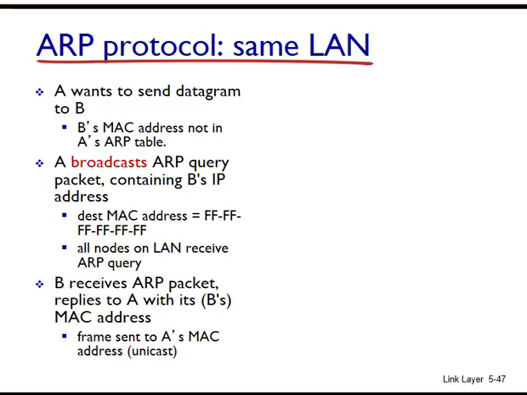In this example, the sending host 222.222.222.220 provided its ARP module with the IP address 222.222.222.222, and the ARP module returned the corresponding MAC address